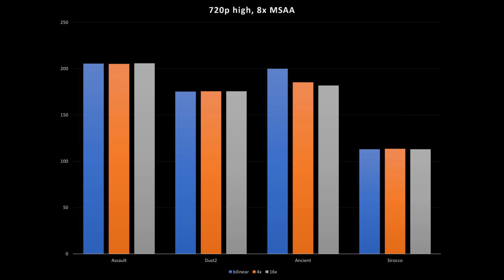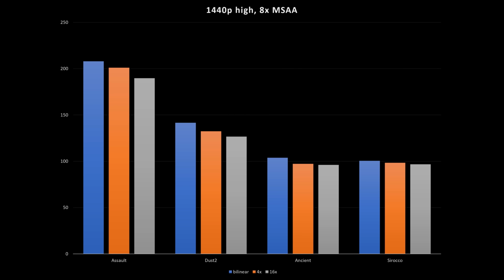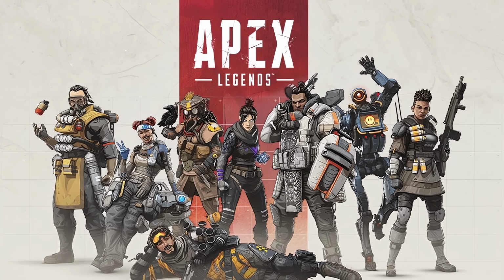720p high settings showed a drop on Ancient, but strangely not on Scirocco. The interesting result was at 1440p high settings, where the PC was finally getting GPU limited, and it's here that you can see texture filtering started impacting performance. Though, curiously, it did so most on the older and easier to run maps. So there you go. Texture filtering can affect frame rates, and looking online it seems like source-based games are the worst offenders.